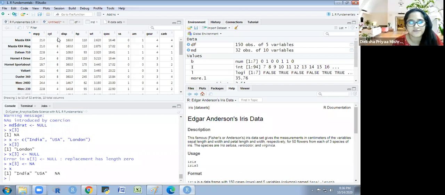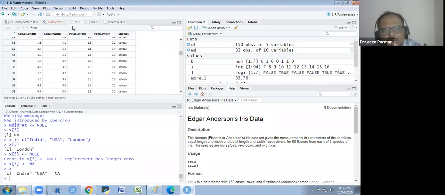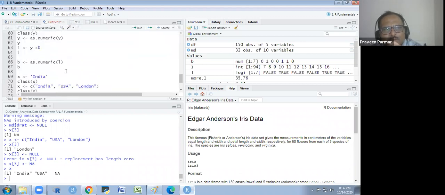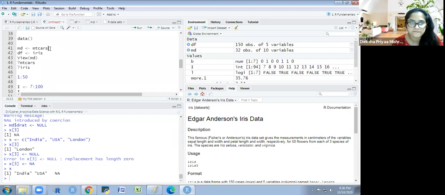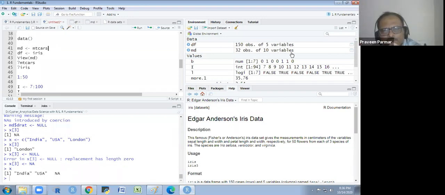So again you do one thing. You read that file again. Run the line where you read MD again, and see how many variables it is showing here. MD is not in your global environment.